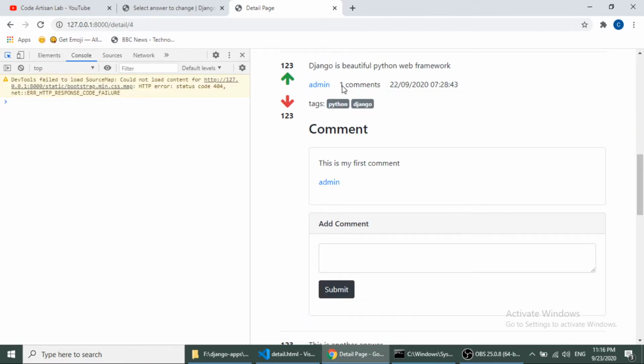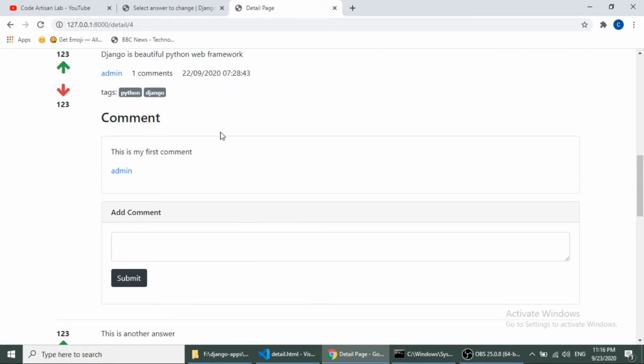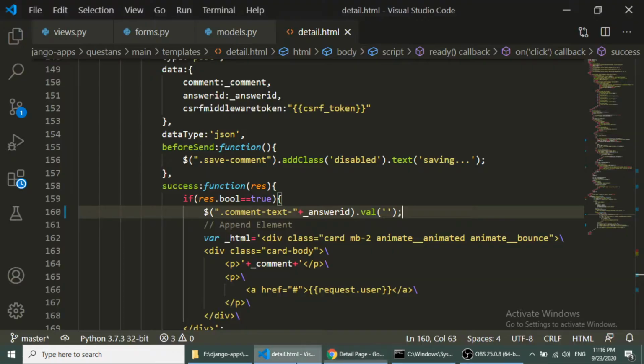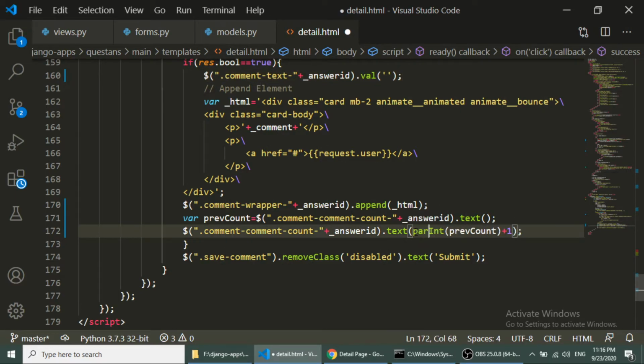I have refreshed the page, but it is still not showing the counting. We have the comment count class, so that is perfect. So we will track why the counting is not increasing. The spelling of parseInt is wrong, so it is not counting. So this will be parseInt.